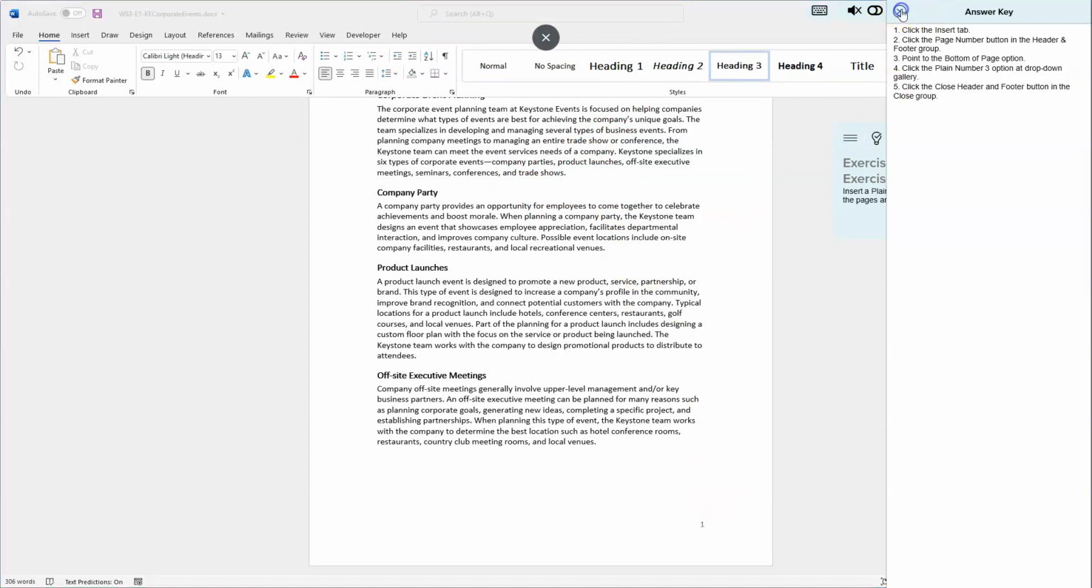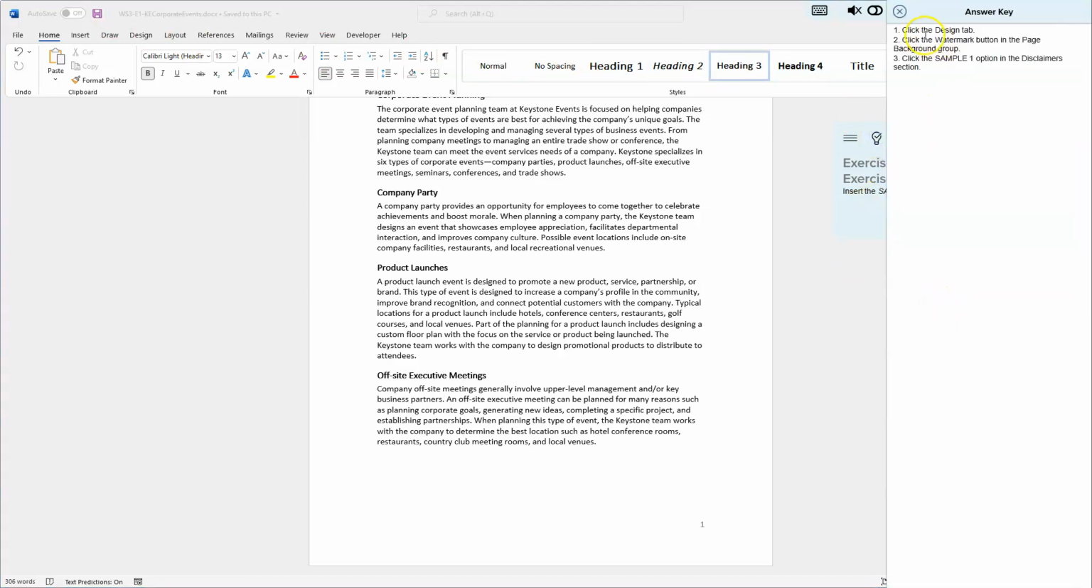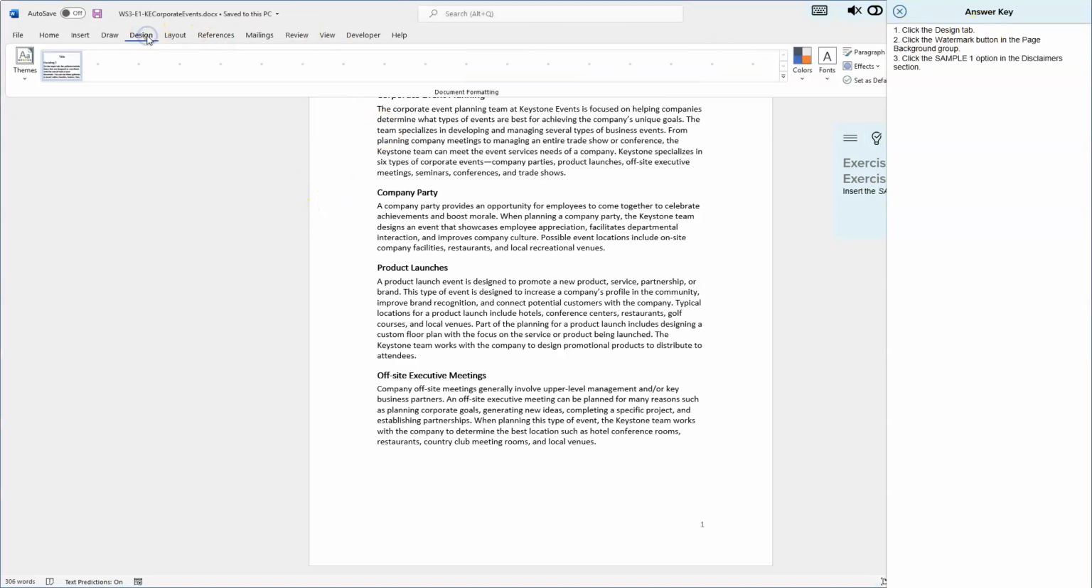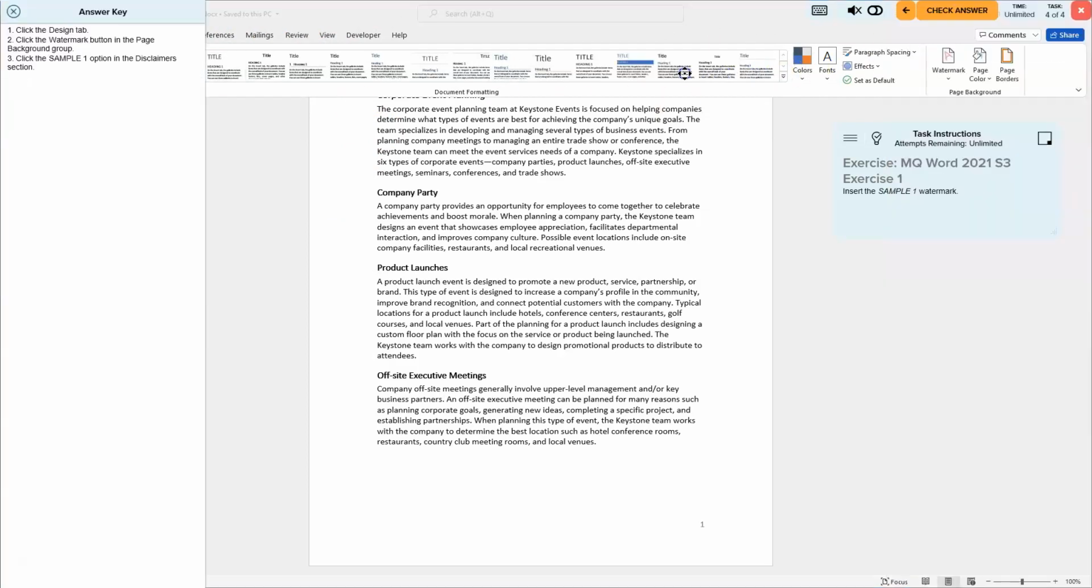We'll close our answer key. I'm going to click on my Microsoft Word document to activate it again, and click Save just to save. Last one, 4 of 4. Insert the Sample 1 watermark. Yes, we use this all the time as well. So click the Design tab. Again, click back into the document. Hey, I remember this time. Design. All right. And in the Design tab, I bet you we need to click the Watermark button in the